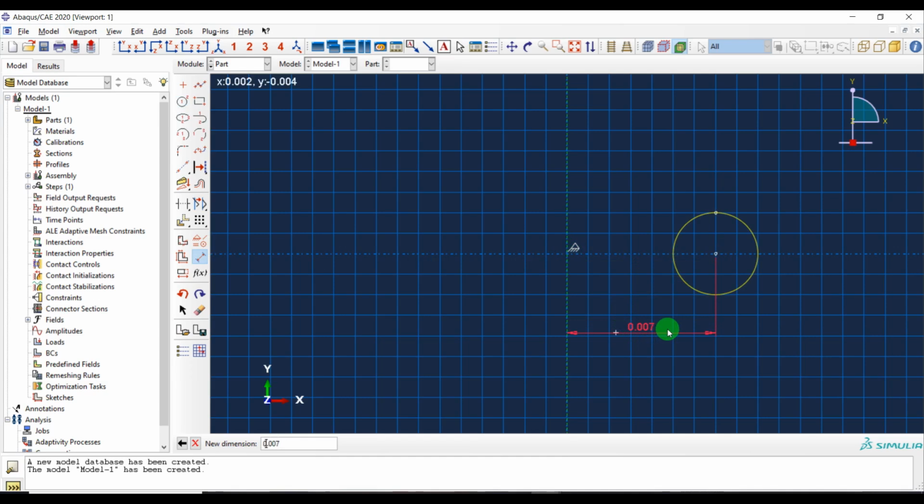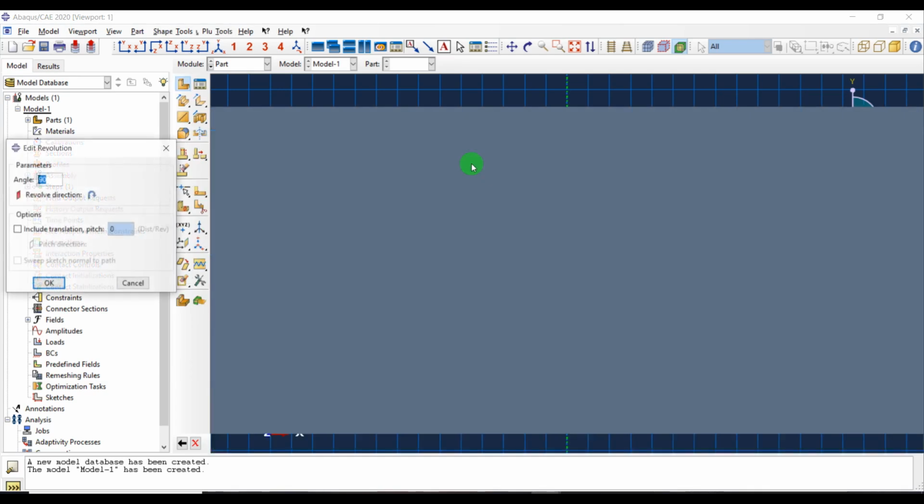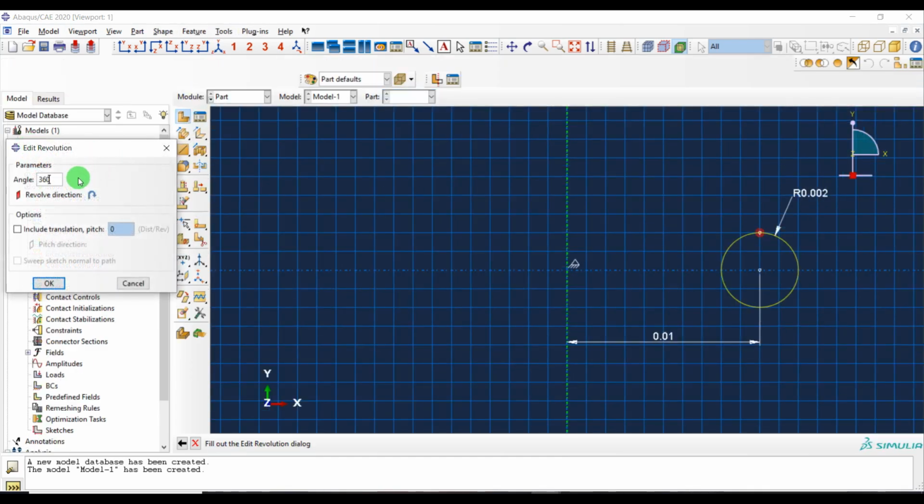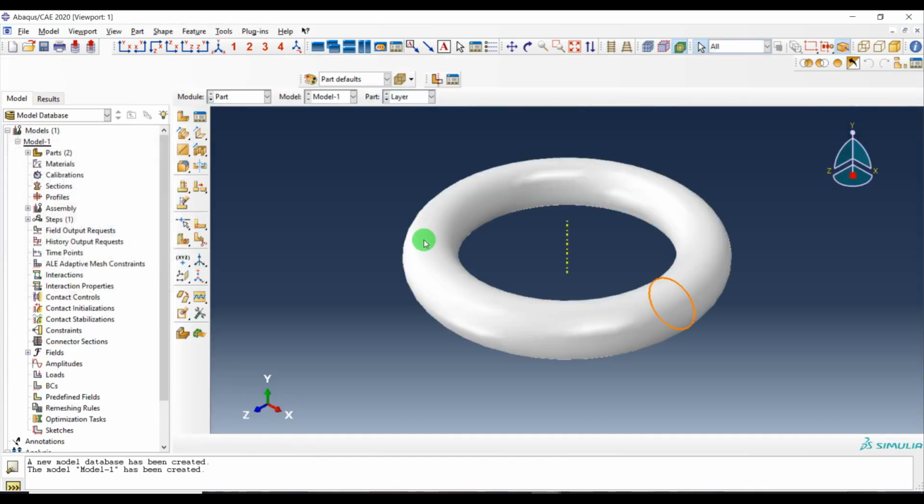This would be 0.1 and this would be 0.002. Okay, this is our layer that we want to print on our substrate, and then we need to